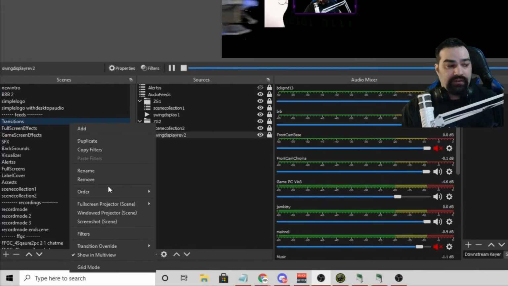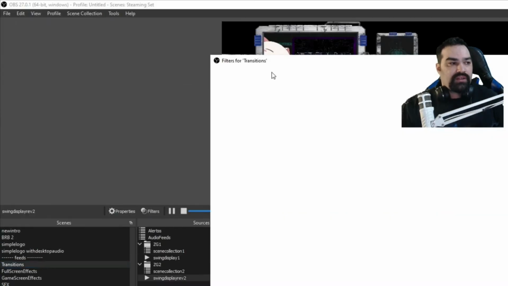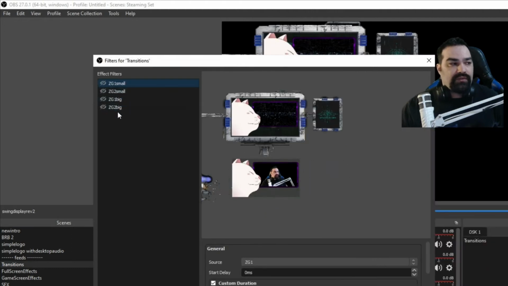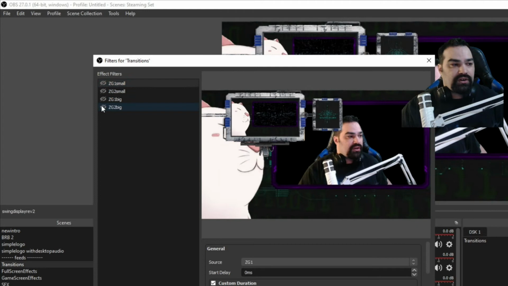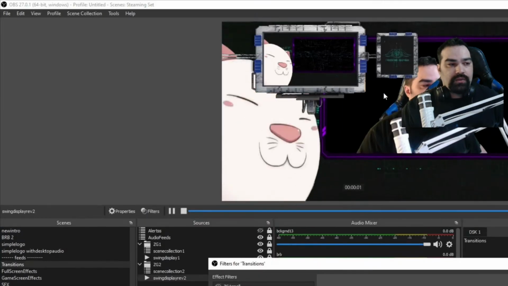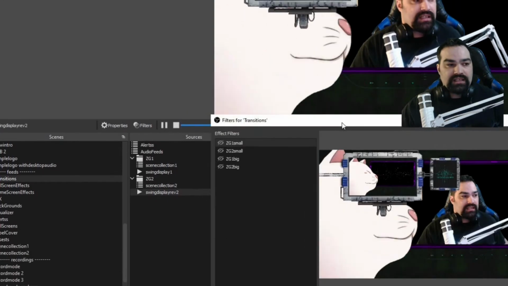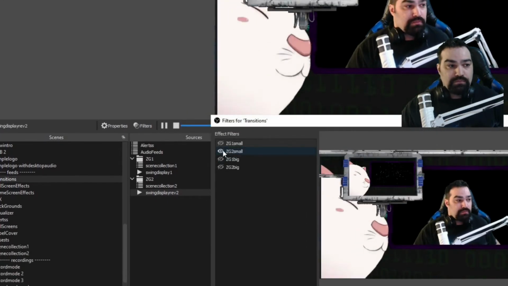So kind of the first thing that we'll do, you'll want to make up some move source transitions underneath here. I already have it made. And if you check out my last video, you'll see what I'm talking about. So if I have this one starting off big, I know that it's overlaid, so you normally won't see this other one over there. The idea is it will go small,